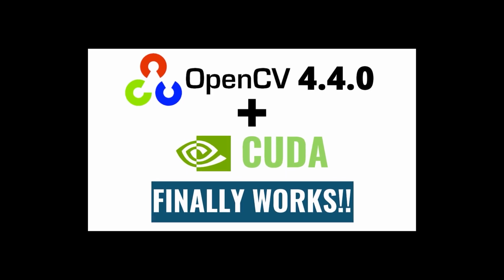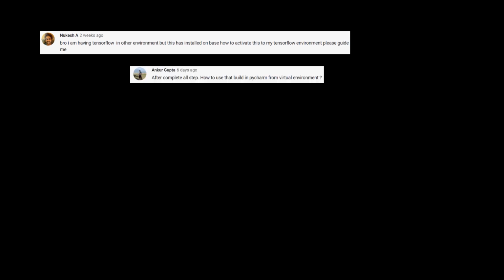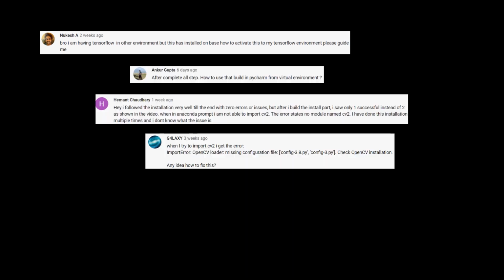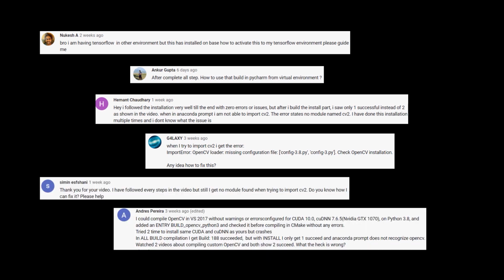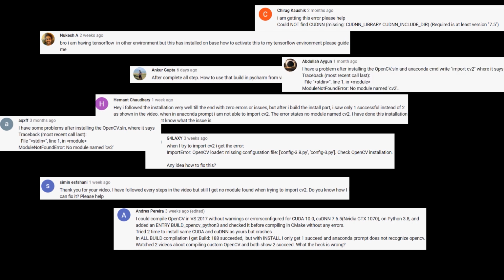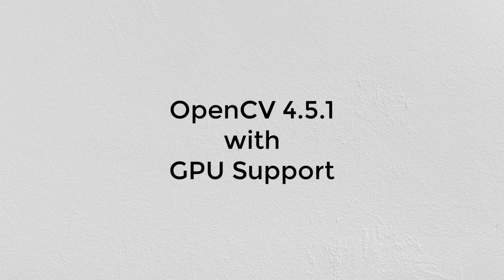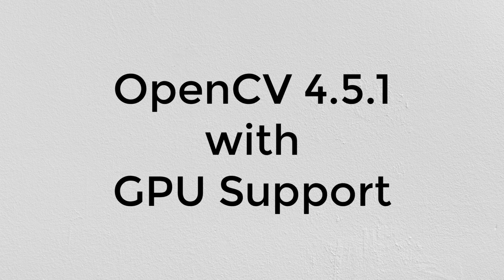In my previous tutorial on how to build OpenCV with CUDA GPU acceleration on Windows, I got a lot of comments like how to build OpenCV with CUDA for virtual environment, and everything builds without any error, but at import, Python throws module not found error for latest versions of OpenCV. In this updated video, we will build OpenCV version 4.5.1 with GPU support, and we are also going to address